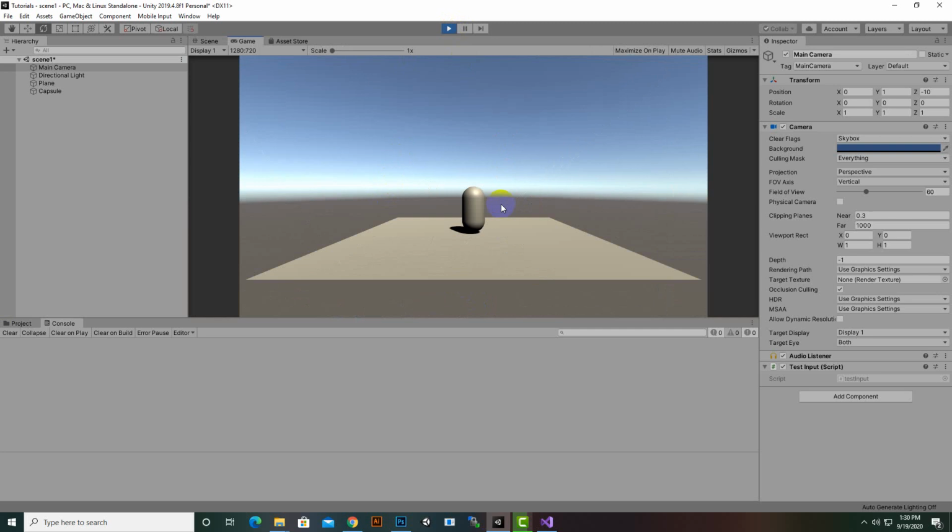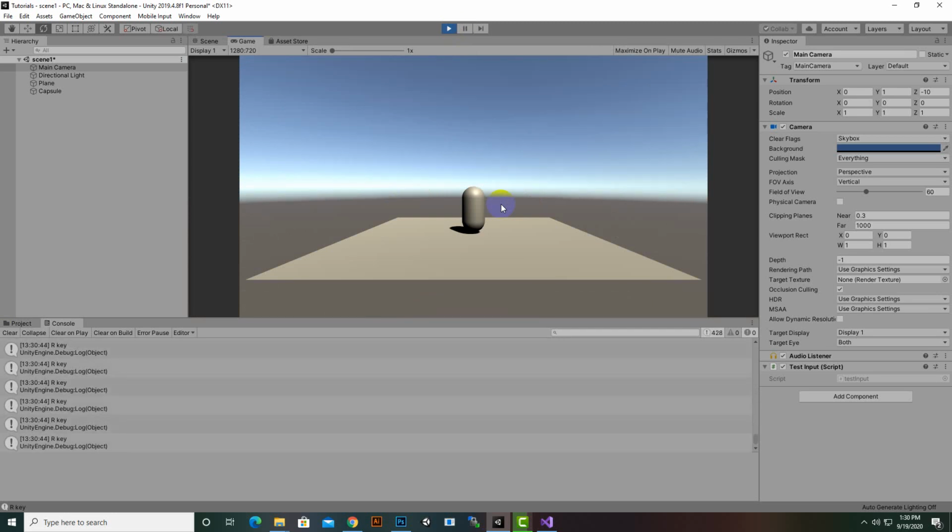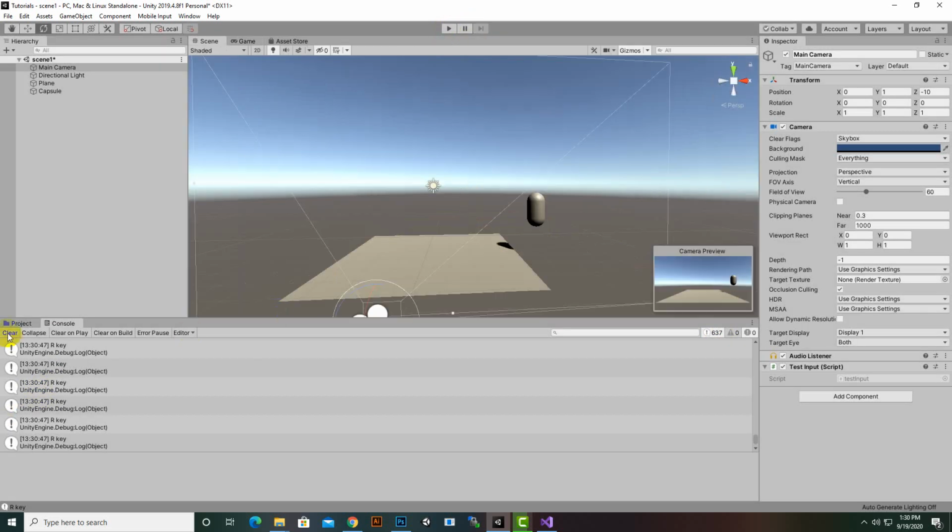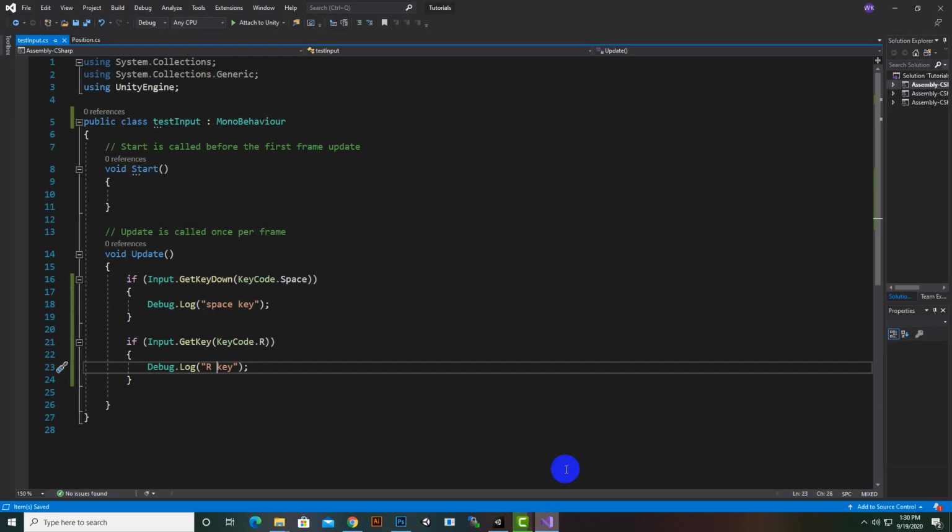Now if we press space once, you can see space key. If we press R, you can see R is repeatedly happening. This debug is repeatedly happening, and you can see in the console it has happened 637 times. So this is the functionality of the GetKey function, and the last function is